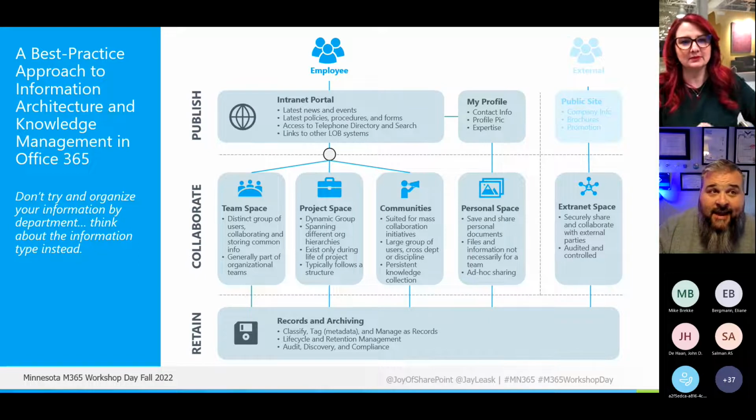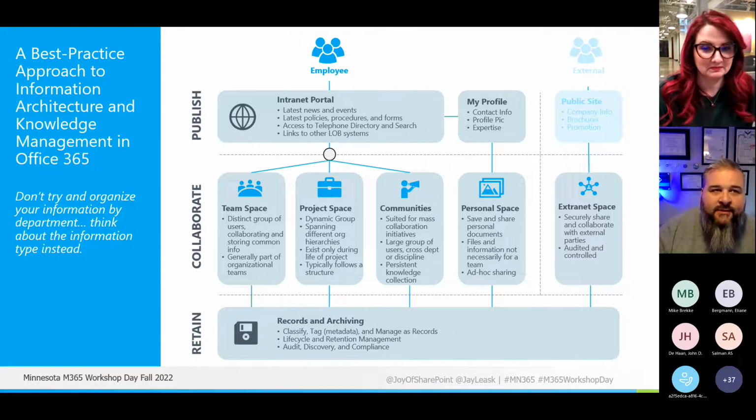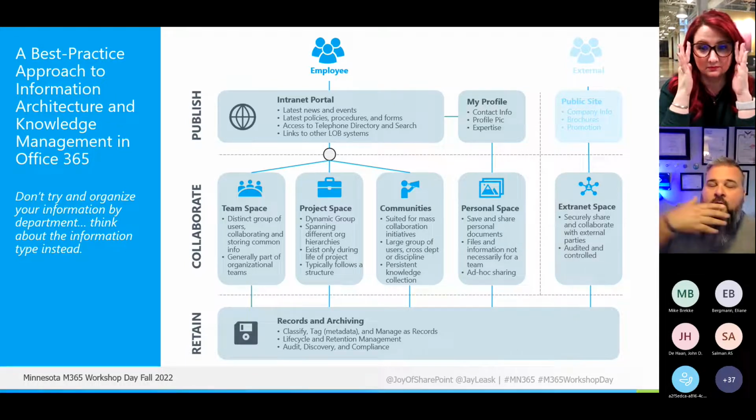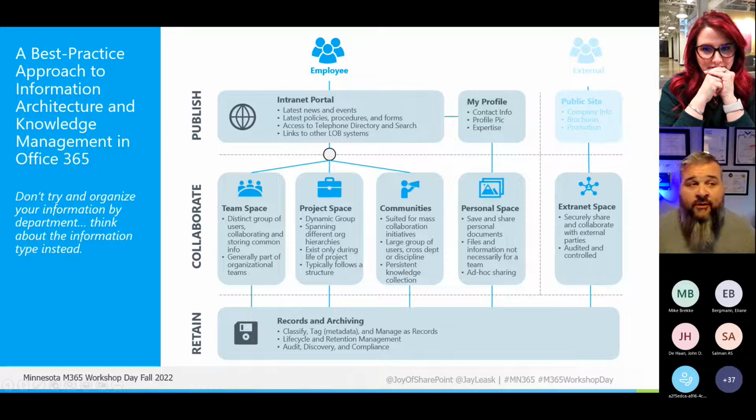So this is a slide. You're right. It is a lot, and I probably should build it layer by layer. But what this slide is all about is helping people understand the concept of designing based on the outcome. The very first thing when I'm talking about information architecture with a customer is what types of workspaces do you have? And these are 5 of the standards that we come across in almost every organization.